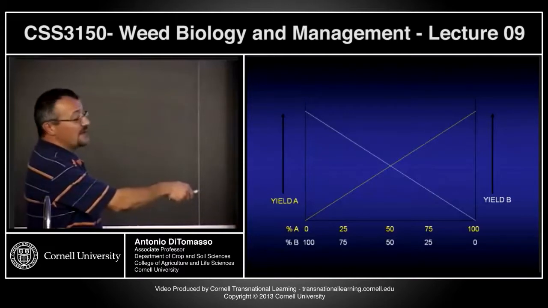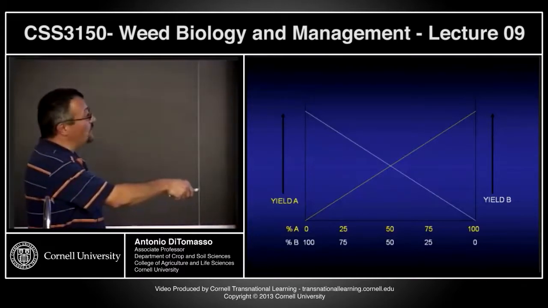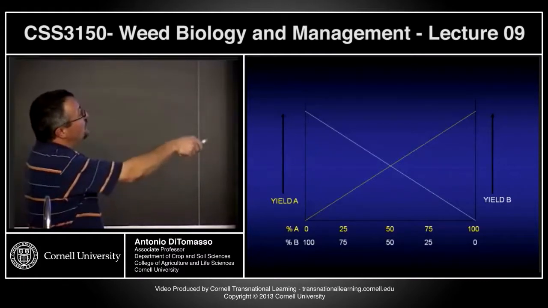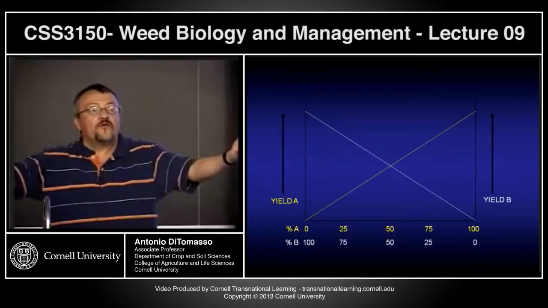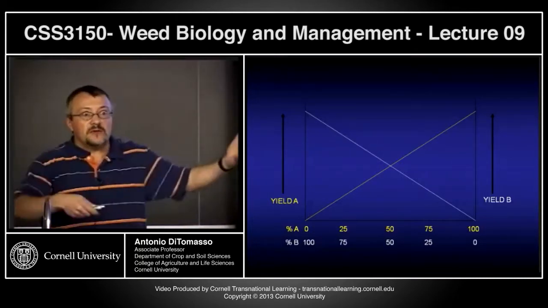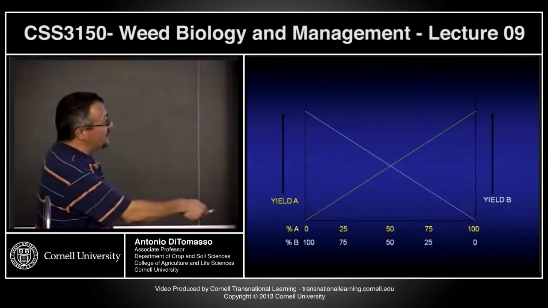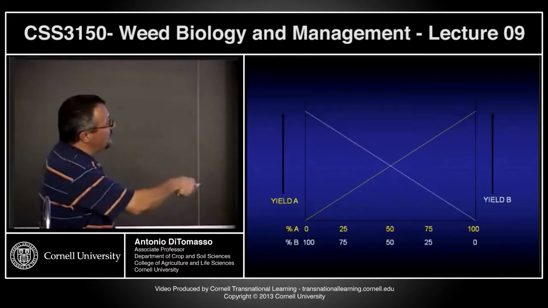I now have 75-25. 3 plants of corn, 1 plant of velvet leaf. My yield for the corn should be about 3/4 or 75% of what I would have had if I had the 4 plants in monoculture, because I only have 3 instead of 4 plants. And so what's going to happen is as I increase my velvet leaf proportion, my corn proportion should